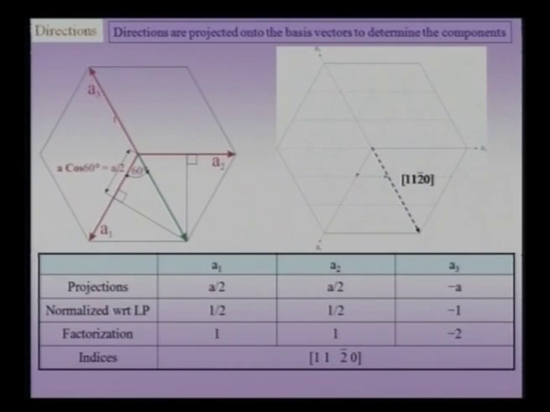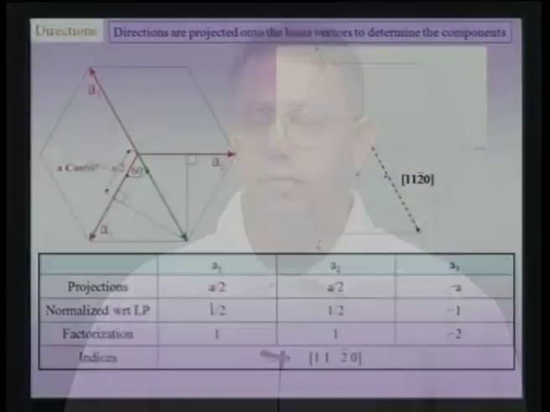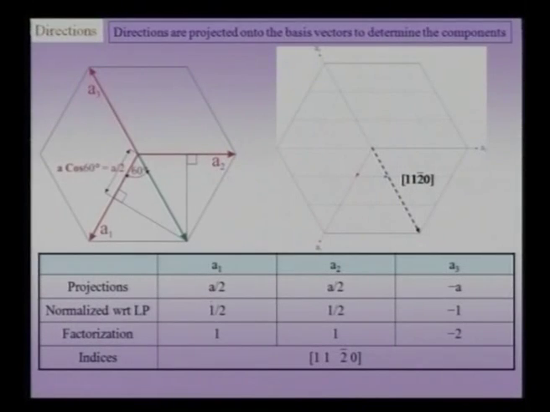The way I go about determining the Miller indices for the direction would be, I would take the projections along the A1 direction, the A2 direction. The projection along the A1 direction would be A by 2, along the A2 direction would be A by 2, along the A3 direction it intercepts at minus A, it's in the opposite direction, and as before I would factor out all the factors with respect to the lattice parameters. In this case, the lattice parameter along the 3 directions on the plane are equal, which is equal to A,